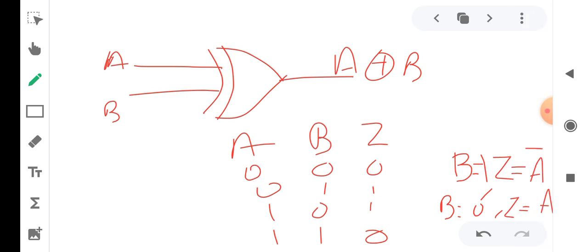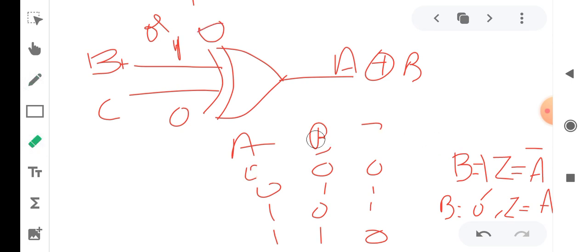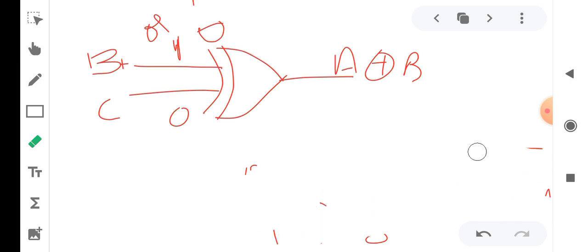In the XOR gates, we are having the inputs as B and C. C is always 0. Then only B will change, as 1 or 0. So in that condition, what is the output of the XOR gate?